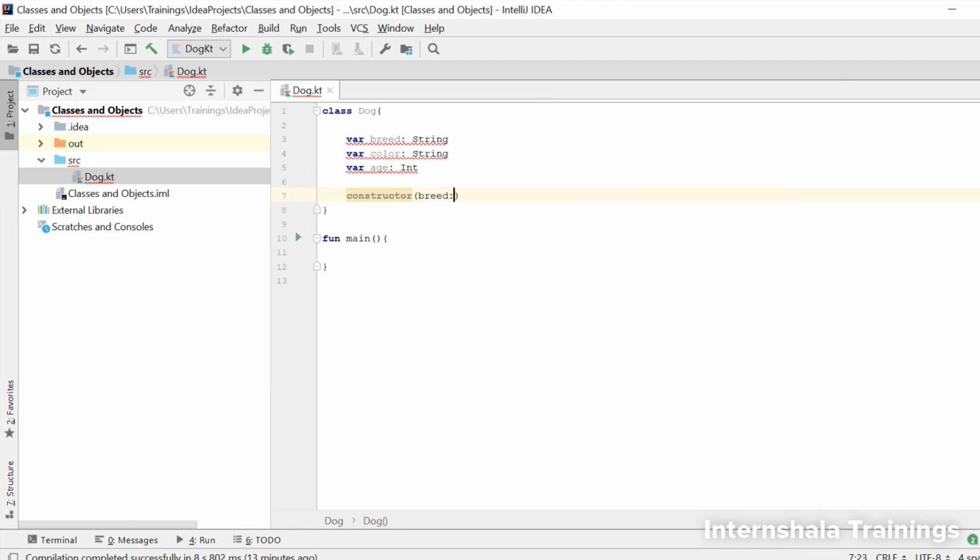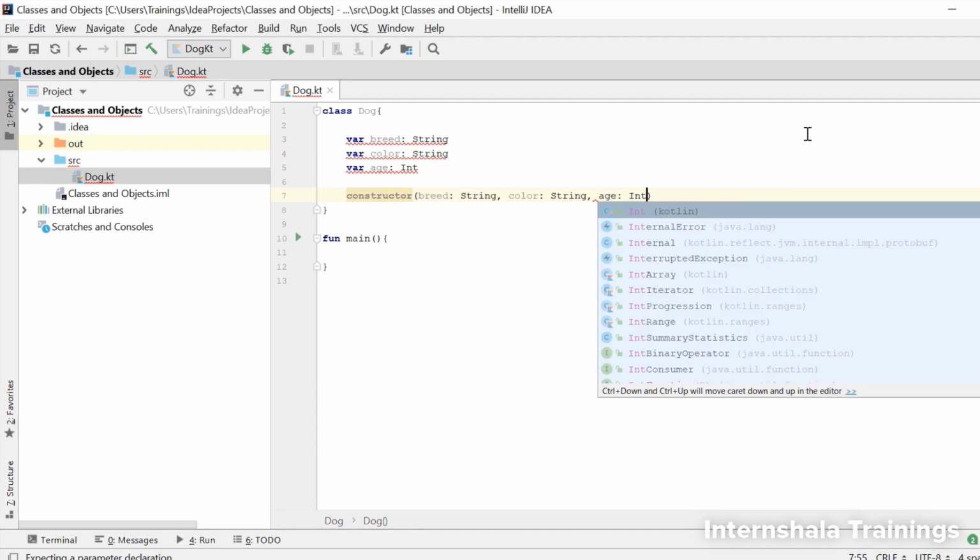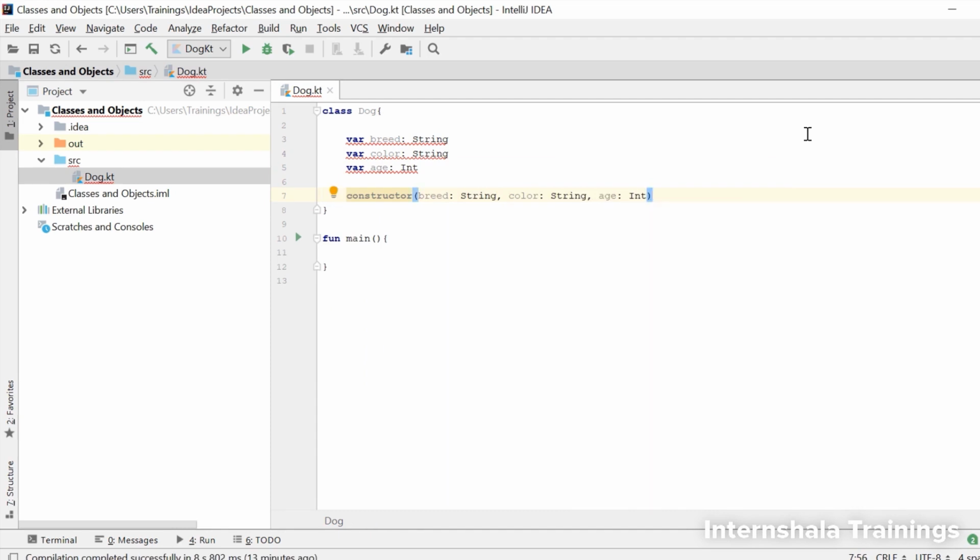Then we write the keyword constructor, and inside parentheses we will write the variables along with their data types, just like we did for primary constructors. Then we create the body by using curly braces, and using the this keyword like we had done before, we will join the member variables to the constructor variables. It's very similar to how we had created the primary constructor before the code was shortened. Just that we do not need to use the init block here since the secondary constructor can have its own body. So that is how we create a class which has only secondary constructors.